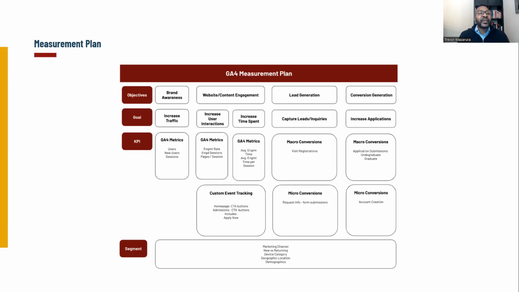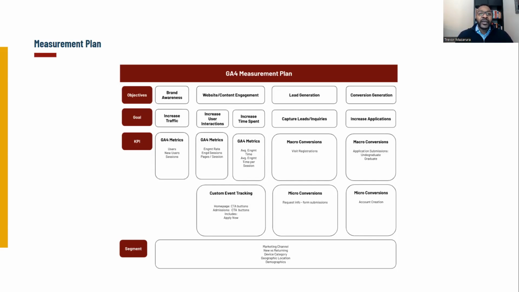Think of it as a Super Bowl analogy: in the Super Bowl you have the preseason, you have all these different tactics that you're doing, and as the season goes on, you're making sure that you win enough games to get to the next stage. So you build those micro conversions so that you can lead up to that macro conversion of the Super Bowl. That's the analogy we recommend you frame your thought process in: what are the macros, what do we want to achieve at the end of the day, and what are the little things that we need to do to make sure that we achieve that